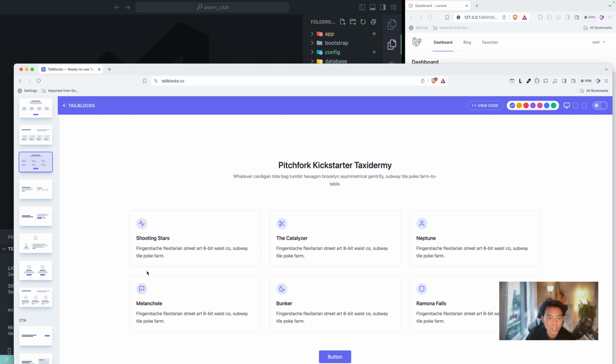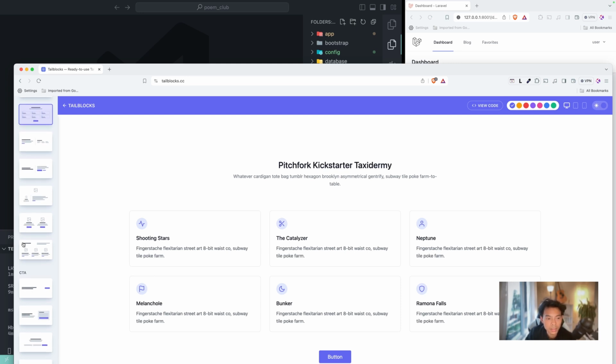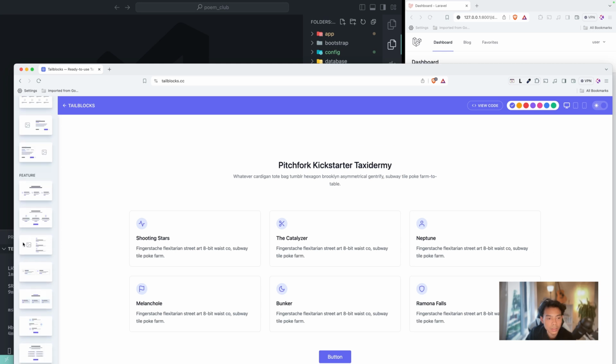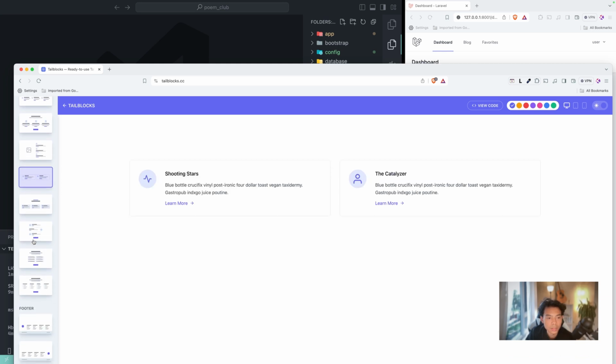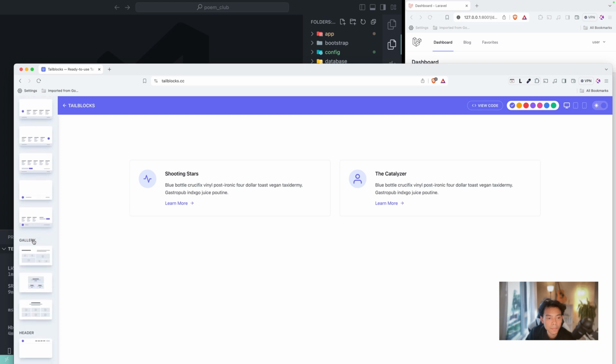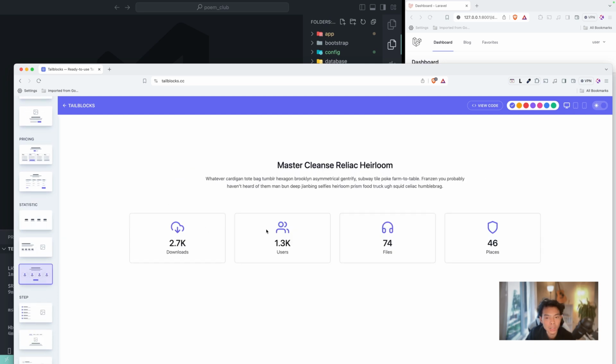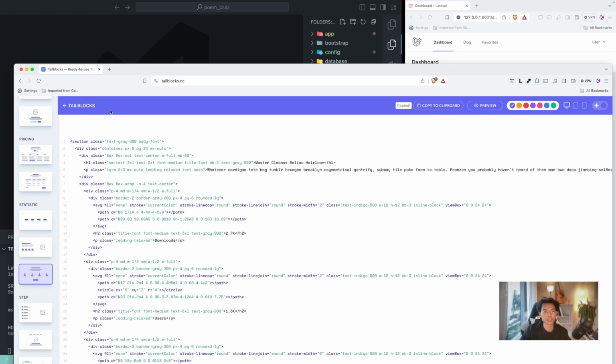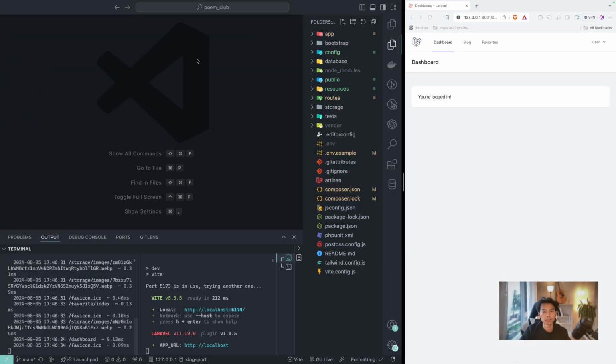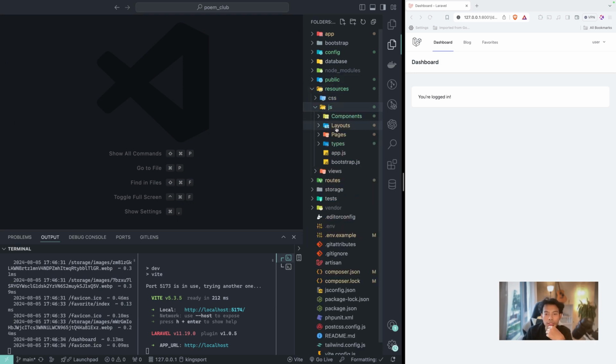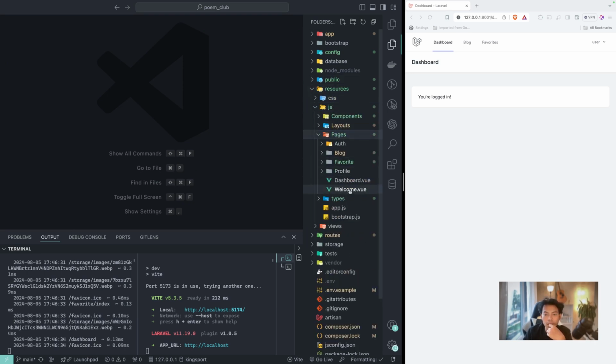Maybe this one is also nice, and let me check how about this one? Yeah, this one is perfect. So I will grab that code, and in the resources JS pages dashboard